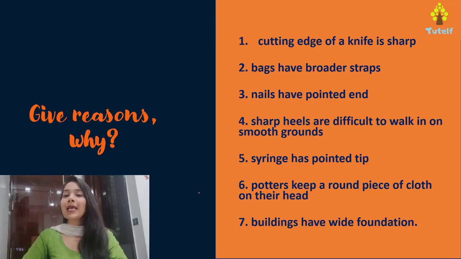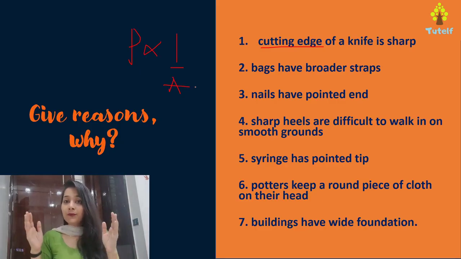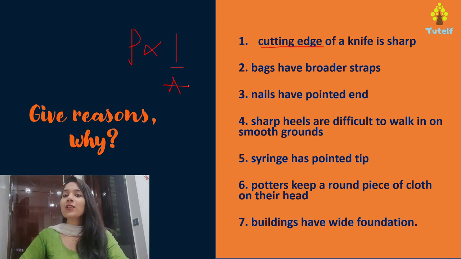Now, based on this, there are various applications, so let's give reasons for each and every one. The cutting edge of a knife is sharp. You must have seen that a cutter knife is sharper as compared to a butter knife, because we do not intend to cut using a butter knife. But why is it so? It's so because a cutting edge is sharp, so it will have less area. Since we already know that pressure is inversely proportional to the area, the less the area, the more the pressure, and thus you will be able to easily cut the vegetables or the fruits that you intend to using the sharp edge of a knife.